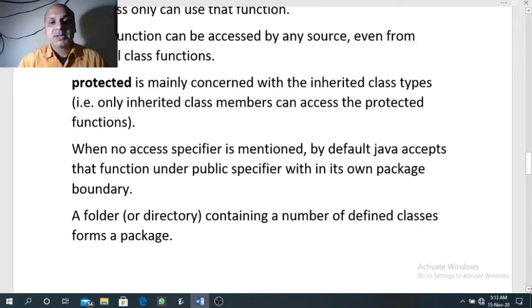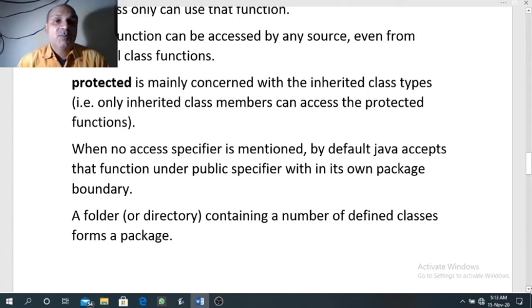When no access specifier is mentioned, as I had told you in the beginning, access specifier is only optional. So when you use it, you have three options: public, private and protected. But suppose you don't use it. In that case, by default, Java accepts that function under public specifier within its own package boundary. It means when no access specifier is mentioned, then that function behaves as public, but the restriction is inside the package only.